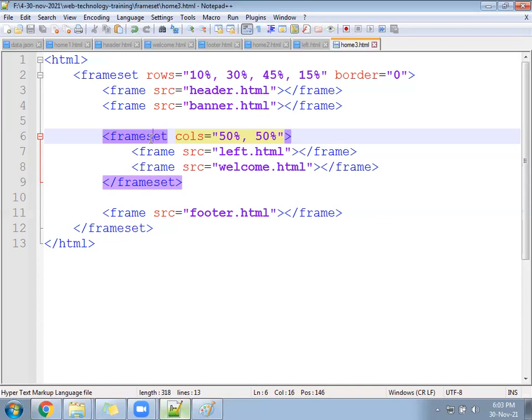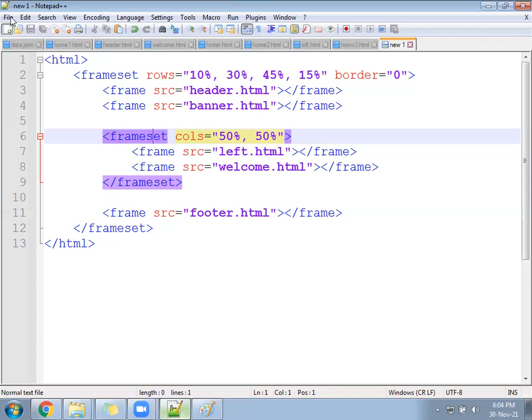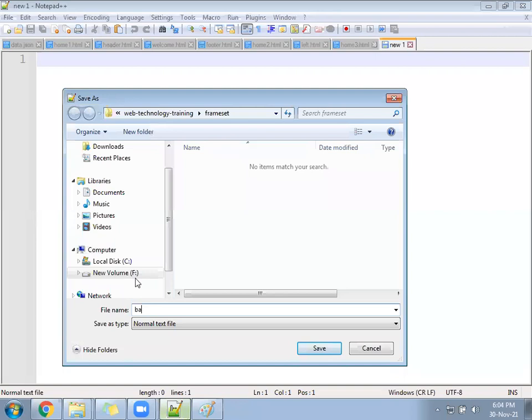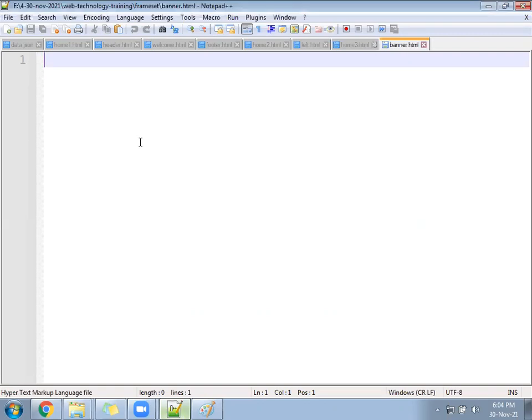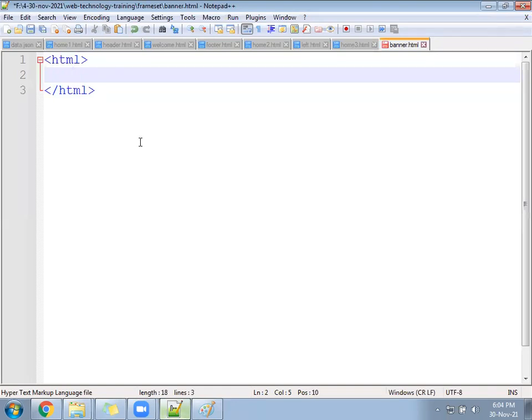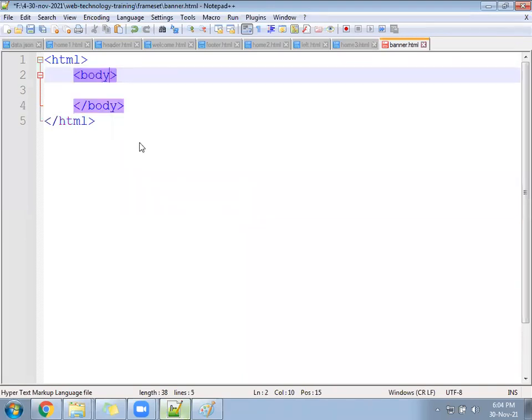The banner file we created, a file with the pink color. BG color is pink.